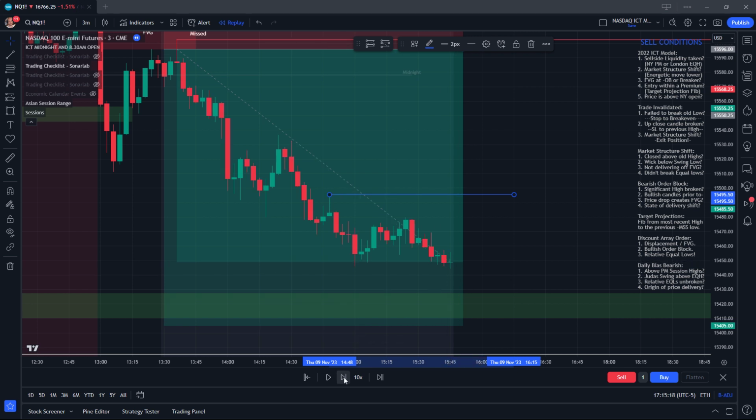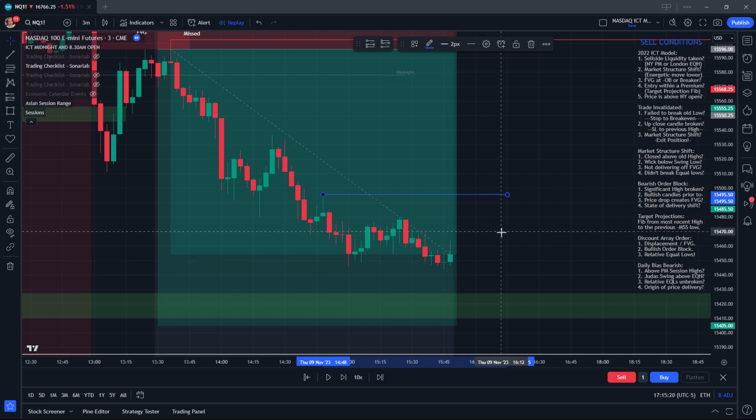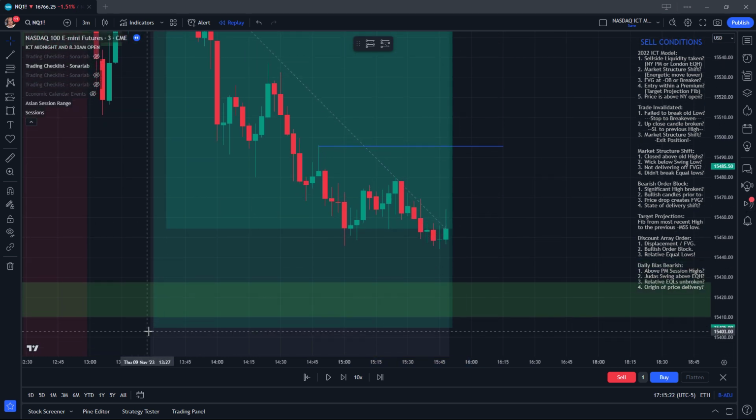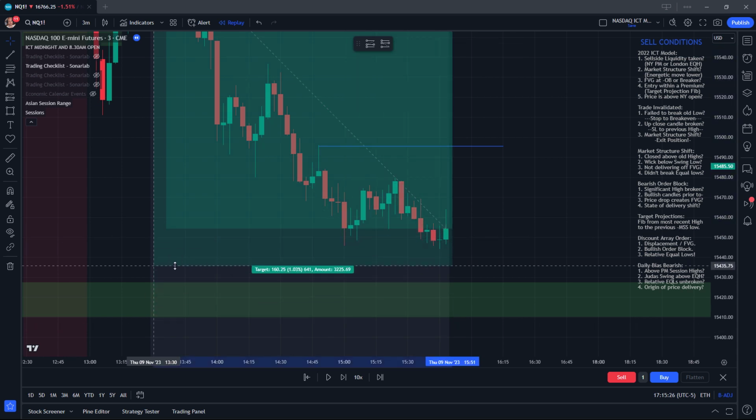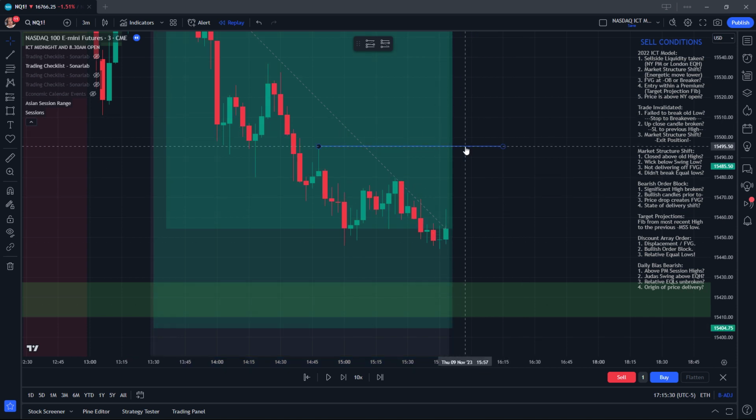Okay, it's made a new swing low. You have to remember at this point we're in 140 pips of profit, and the compulsion to close the trade would be immense at this point. So what I'll probably do at this point is,